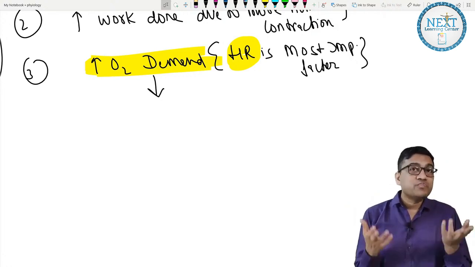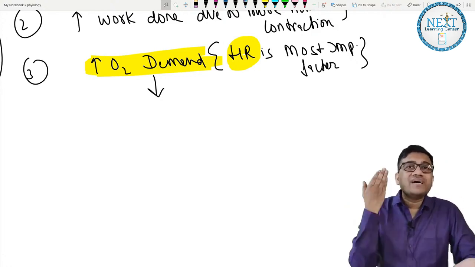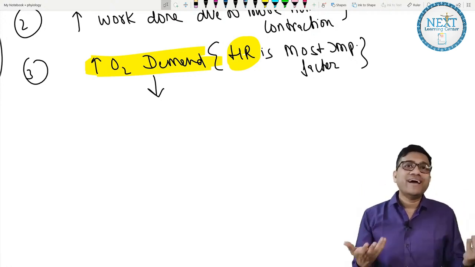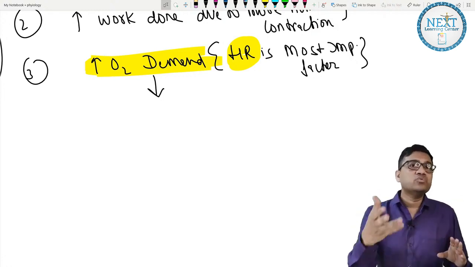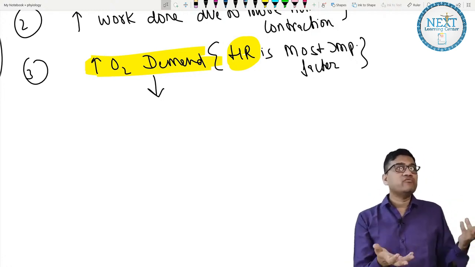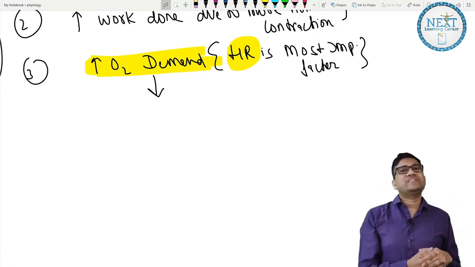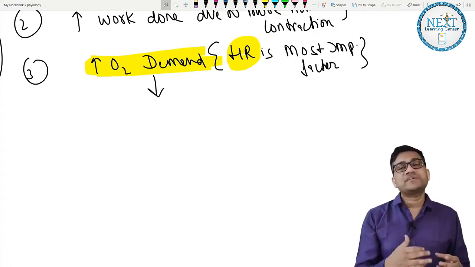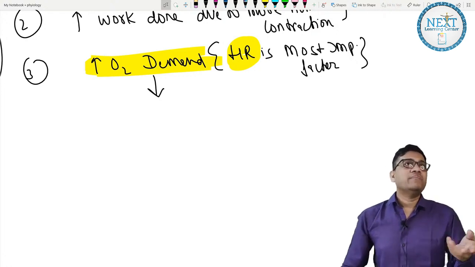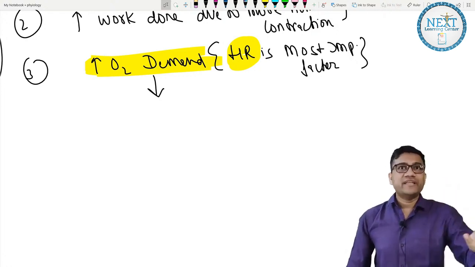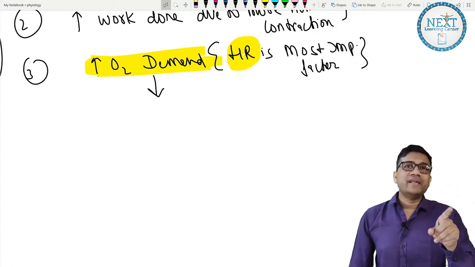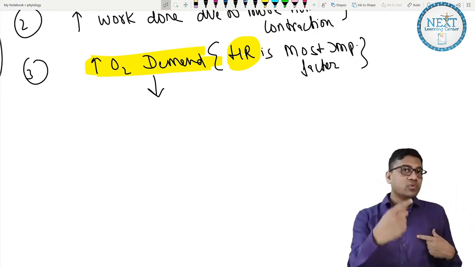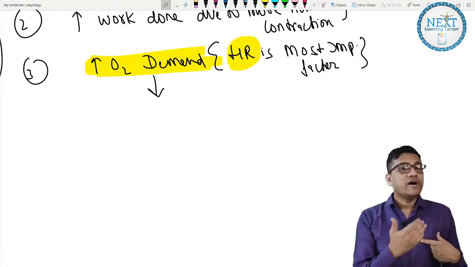So when there is a crisis, a poor person cannot afford the price of this crisis. Without 2-3 months of job, he will die. He will not be able to send kids to school or arrange food or treatment. So that is why they suffer the most when there is an economic crisis. That's why farmers commit suicide whenever there is a problem, let's say floods or any kind of famine. So the same thing applies in the heart also. A poorly perfused area suffers the most in case of high demand.